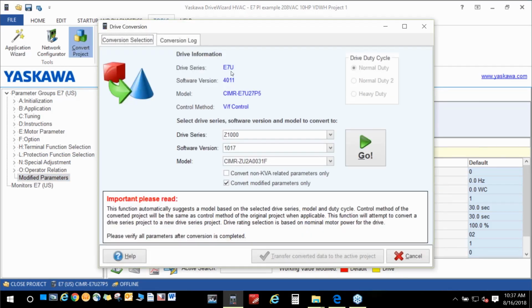And so this E7 was a CIMR E7U 200 volt class 7.5 kilowatt, which is a 10 horsepower drive. And now I'm going to select the drive that I'm going to convert this to, so Z1000, and let's select the lower horsepower here. Let's say that you had this E7 and something happened to it, maybe the motor went out,